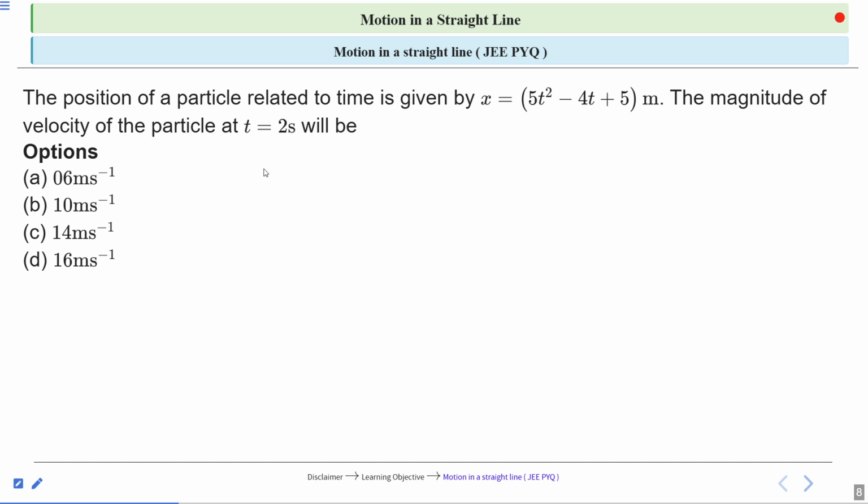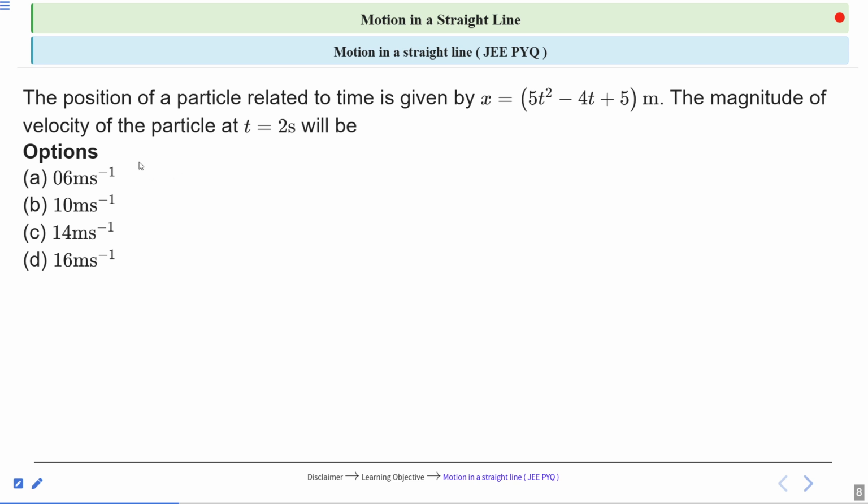The position of a particle related to time is given by x is equal to 5t square minus 4t plus 5 meter. So this is the position of the particle. The magnitude of the velocity of the particle at t equal to 2 seconds will be what? So in this question, you have to find out the magnitude of the velocity of the particle, and the given time is 2